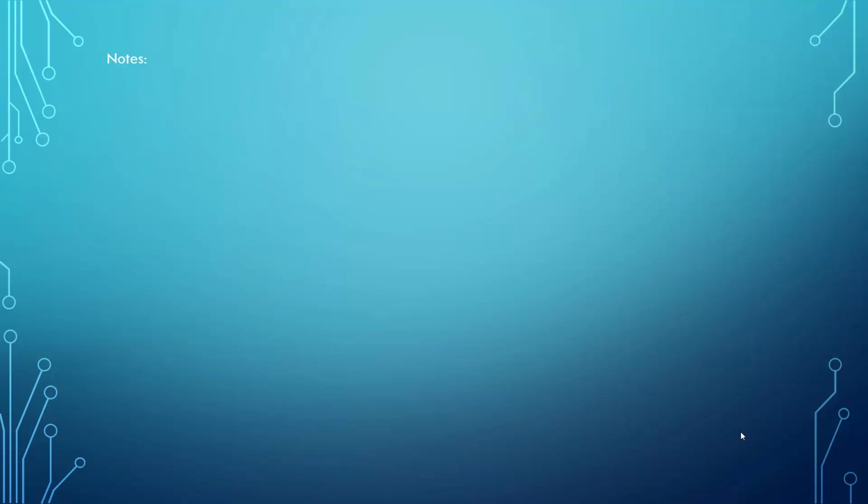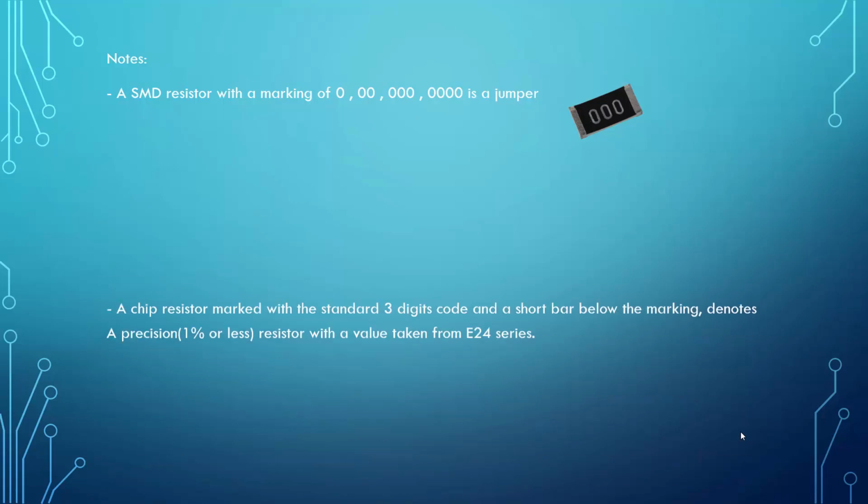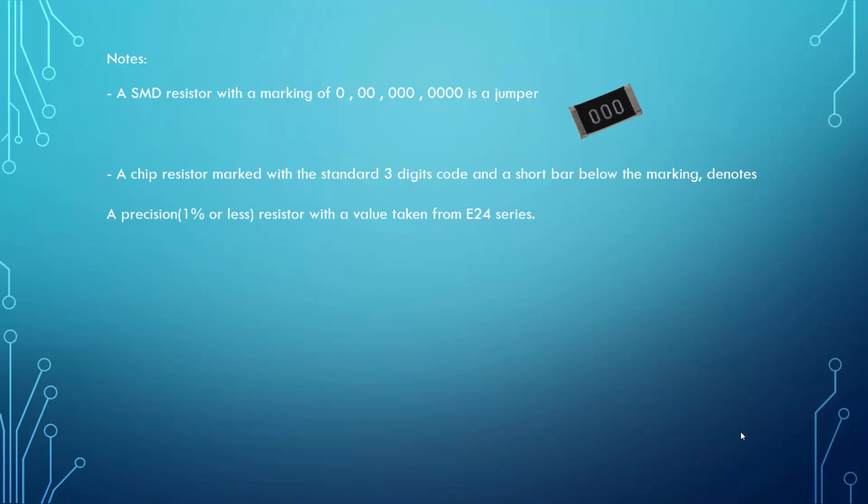There are also some notes that can be helpful and will help you to read some particular SMD resistor values. An SMD resistor with a marking of 0, 0, 0, 3 zeros, or 4 zeros is usually used as a jumper in circuit boards. A cheap resistor marked with the standard 3 digit code and a short bar below the marking denotes a precision 1% or less resistor with a value taken from the E24 series. For example, 122